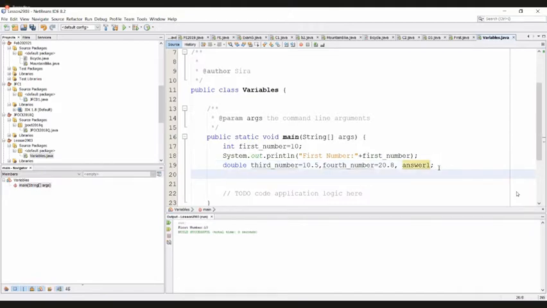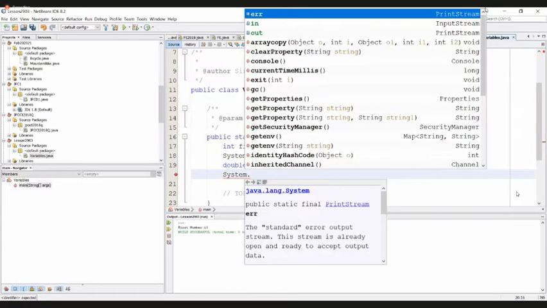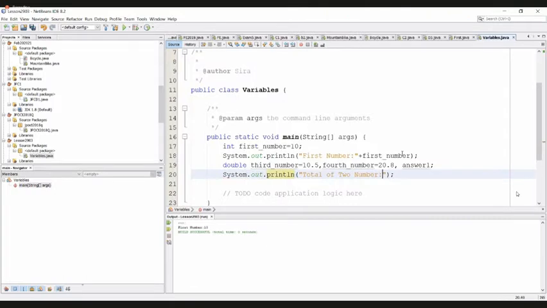Then I want to get the total of these two numbers. Then I'll say System.out.println. Right, already I have declared a variable called answer 1.